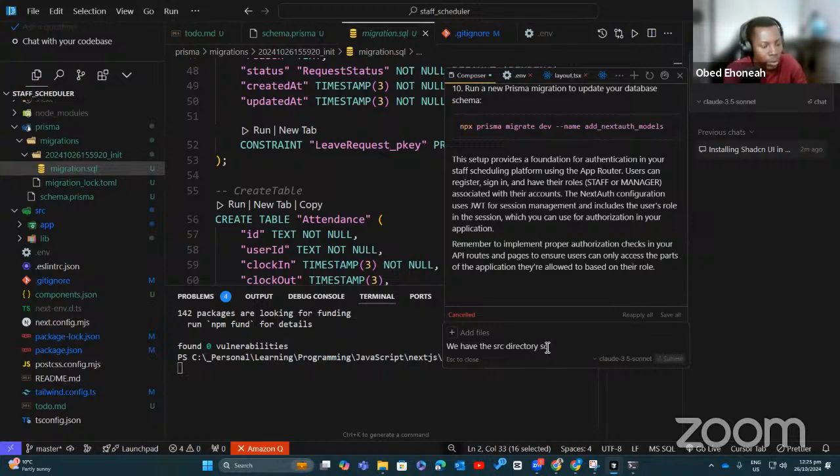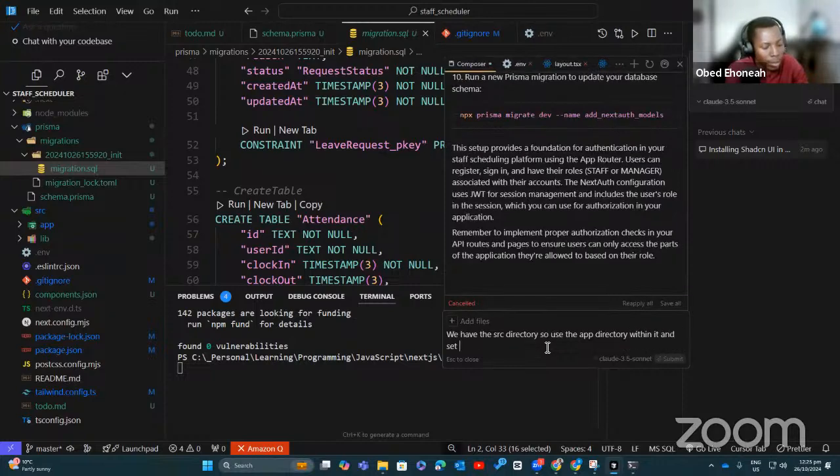So use the app directory within it and set up the authentication. One of the things you could probably do is start with just the UI part of the auth, then later go to the backend as well. But I'm just saying you should set it up because we are far behind time right now. Set up the authentication using NextAuth.